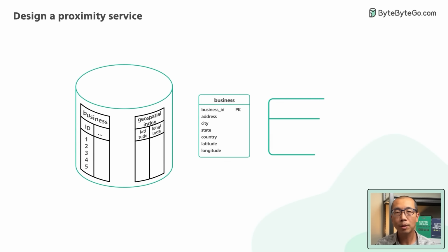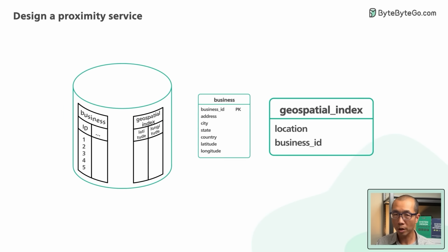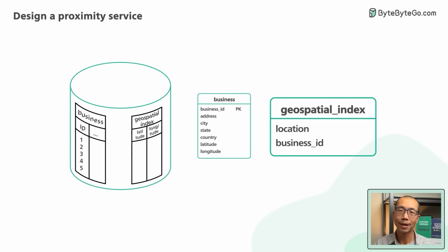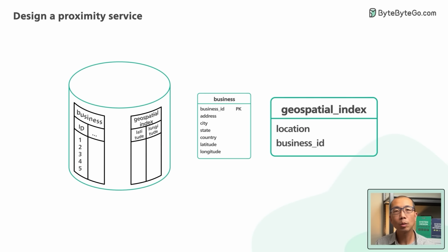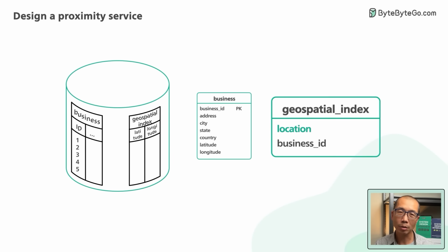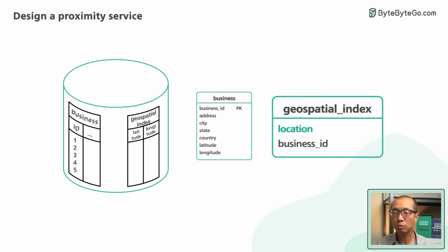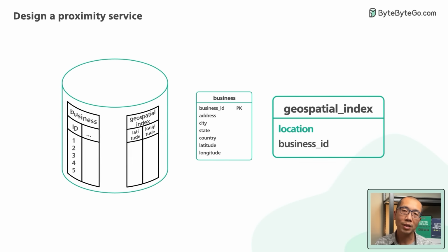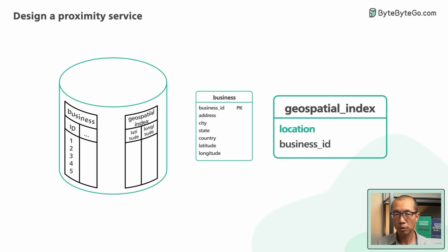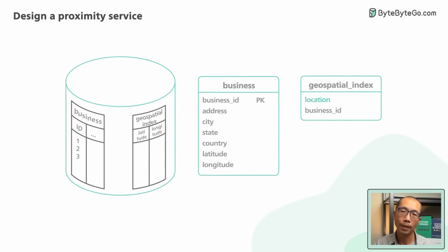Now, the second table is more interesting. It is used by the Business Search Query API to return nearby businesses quickly. This table at the minimum should hold the business IDs and the locations of the business. The locations must be indexed in an efficient manner to produce search results quickly. The choice of this table and its database requires some knowledge of geospatial search. We'll dig deeper into this later.